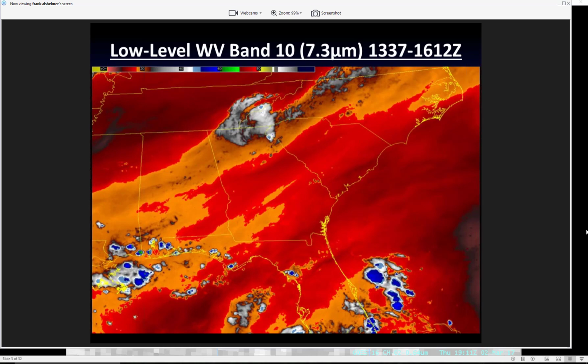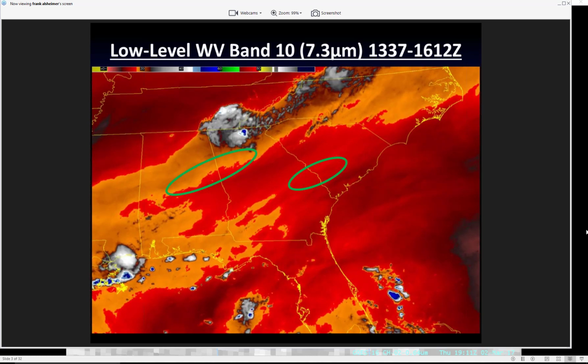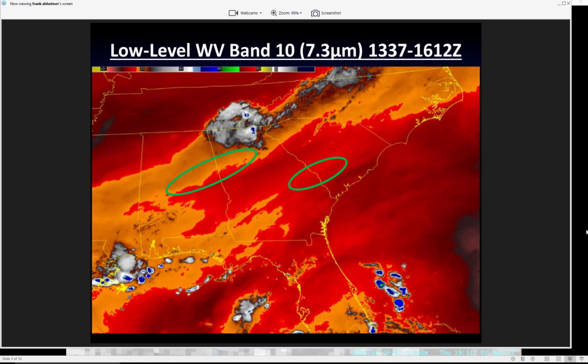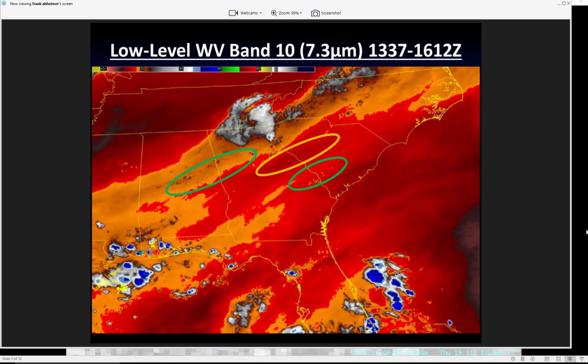Here, our weighting function probably is a maximum somewhere around 600 millibars or so. So if you look in the green, there's definitely more moisture in the green at this level. Low might be a little bit of a misnomer because we're not looking at something like 850 millibars, but in the 600 millibar, roughly give or take 100 millibars based on the shape of the weighting function,